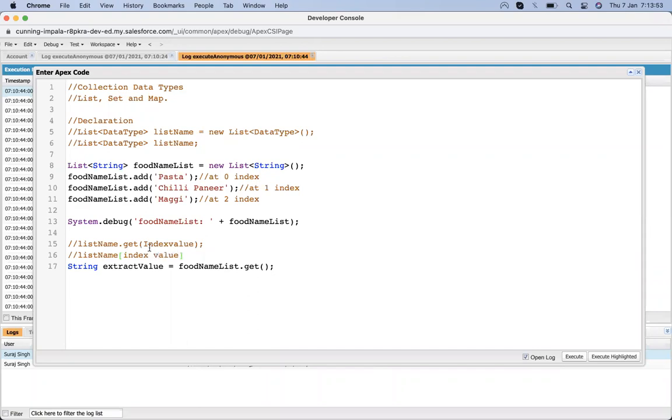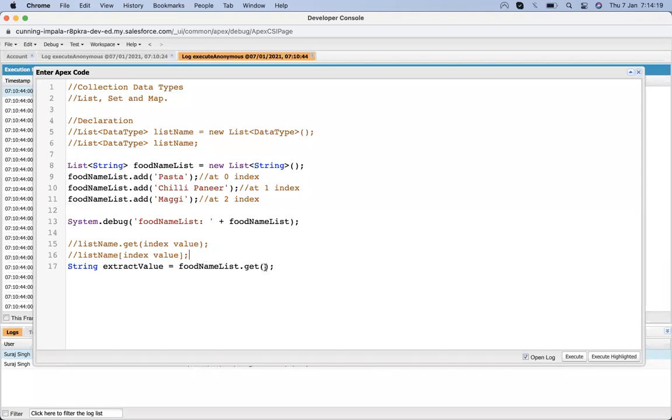So we have two ways in which we can extract an element from a list via index.